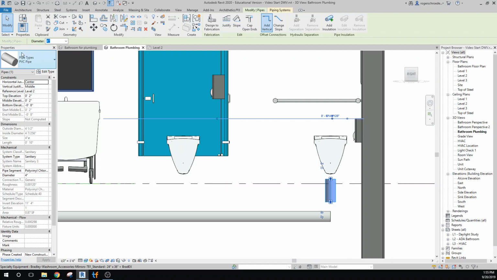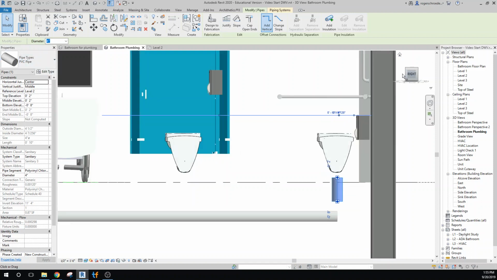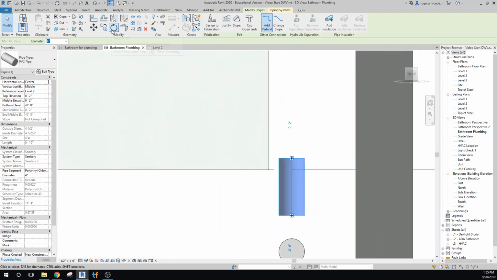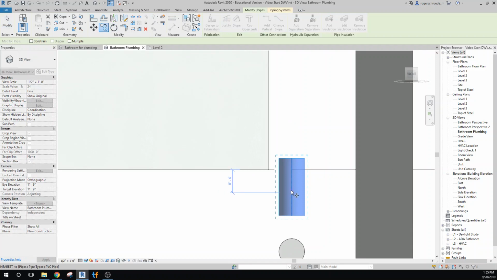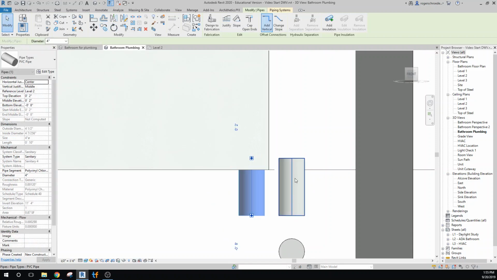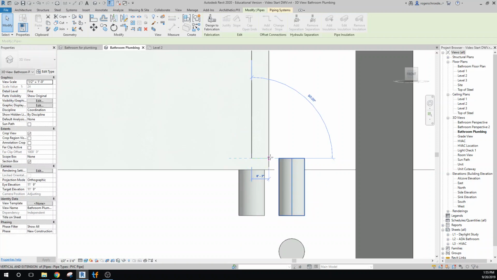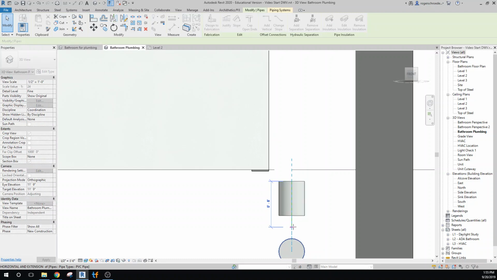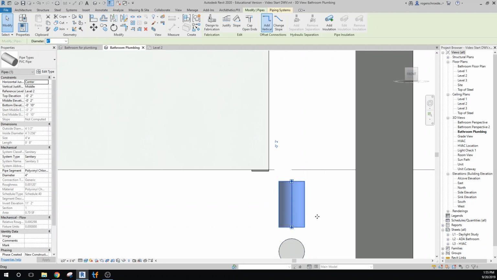So the next thing I want to try to do is take another piece of this, and I'm going to copy it. This time I'll just move it over. It's still in the same plane as this one, and I'm going to rotate it so that it is now in the transverse plane. And I haven't done any connecting yet of anything. We're going to hold off on that because I'm just trying to get set up. And let's go back to our